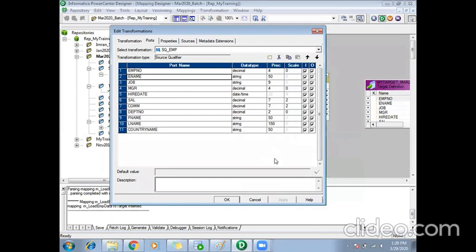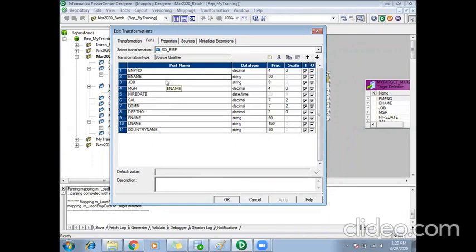Precision remains the same. So the difference between source definition and source qualifier is this: in the source definition, the data types of the columns, or the ports, remain the same. In database tables we call them columns, but in Informatica we call them ports.